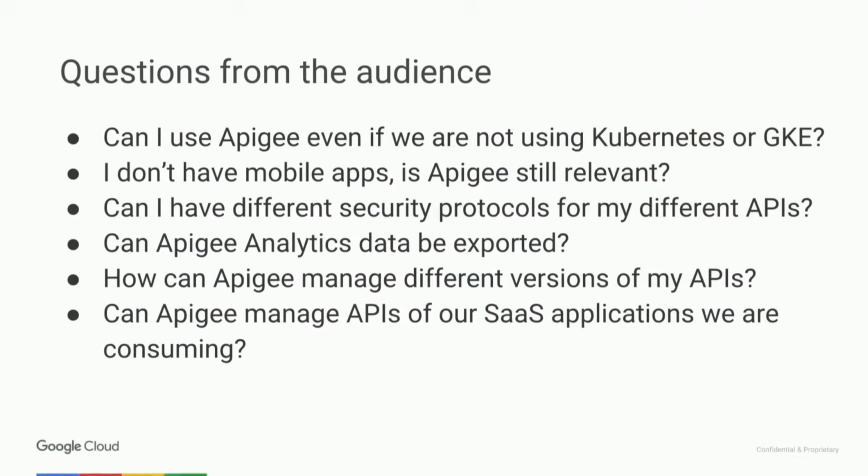Third question, can I have different security protocols for my different APIs? This is actually becoming more and more relevant and more common, because as we see enterprises who have started modernizing, even companies who are pretty new, who have been in existence for even 5 years, may have started with something like OAuth and bearer tokens, and now you might have evolved into JWTs or OpenID Connect and other protocols, or maybe SPIFFE, which I mentioned earlier. Obviously, other enterprises who have been there much longer might have a lot of older protocols like Kerberos